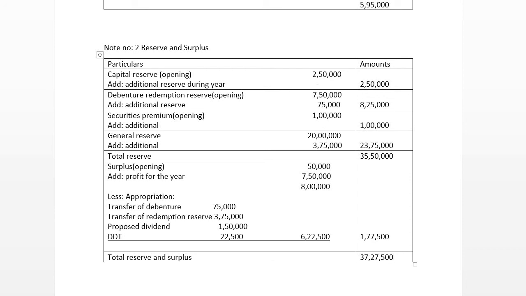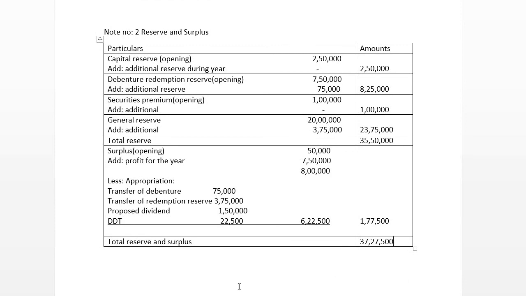This is note number 2. This is the kind of format in which I have taken imaginary figures that could help us for calculating in the future, right? Then once after that,